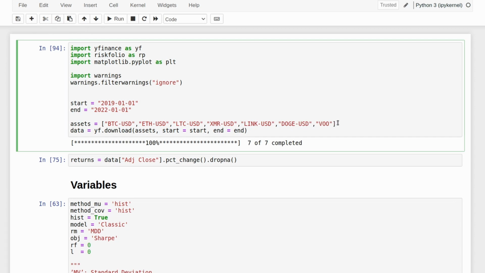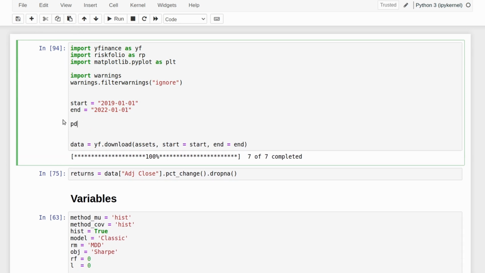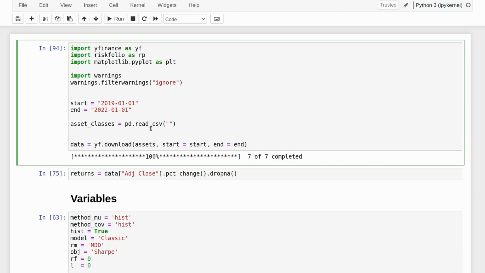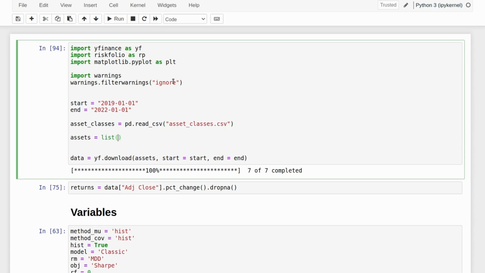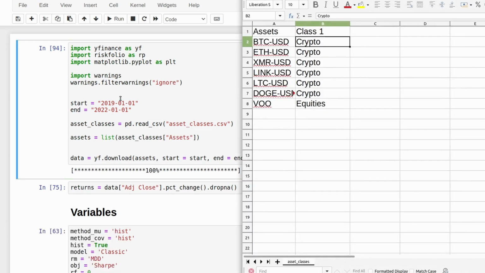So what I'll do is I'll probably get rid of this, and I'll do pd.read. So let's say asset_classes is equal to pd.read_csv. Provide the name of this file in my folder here. It's called assetclasses.csv. And then from here, assets are just going to be a list of asset_classes assets. That way, everything's in tune with what we've got here, and we don't get misaligned